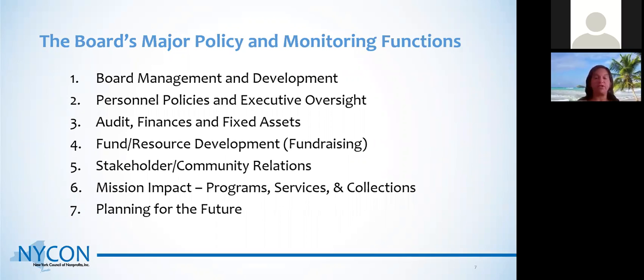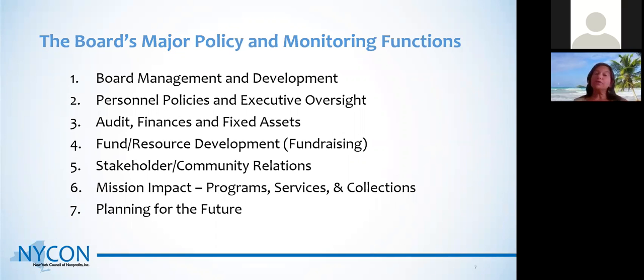Board members are also ambassadors for the organization. They bring information from the board to the community. They build relationships with community members on behalf of the organization. They promote the organization. They build the relationships with donors and funders and perhaps corporate sponsors. So that connection is about really making sure that the board understands the organization, that the board knows how the organization is funded, who its major grant makers are, and what the major programs of the organization might be.